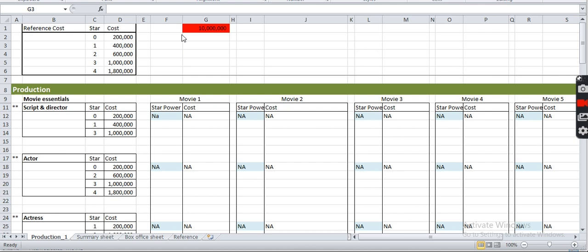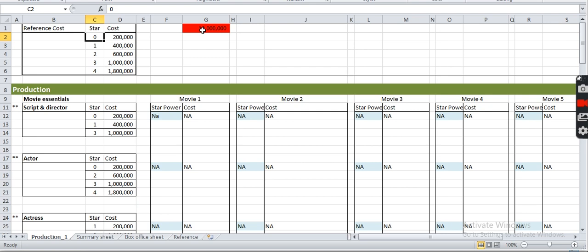Every corporate company is going to start with a certain amount of cash. Different companies are going to start with different levels of cash, and the number in red is how much cash you're going to start with. We have on the left this table. Now this table typically gives you the reference stars that all the movie essentials are going to be rated by.